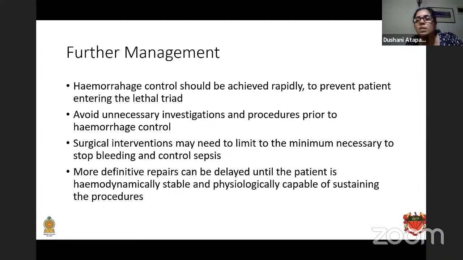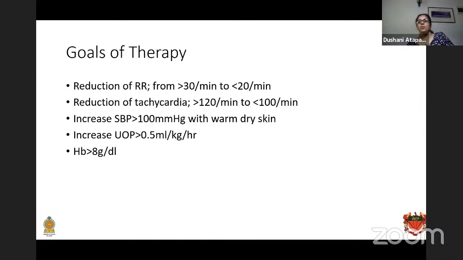So more definitive repairs should be delayed until the patient is hemodynamically stable and physiologically capable of sustaining further procedures, right? So what are your goals of therapy? So that is